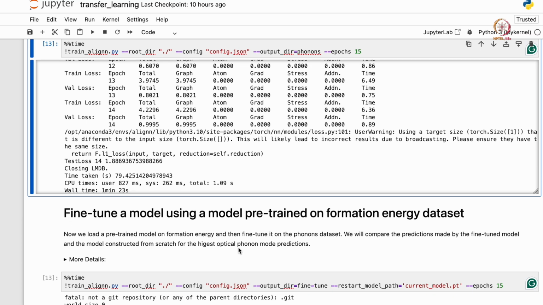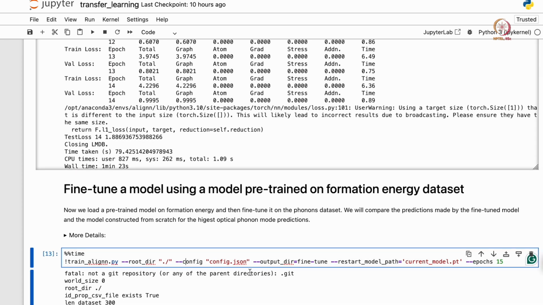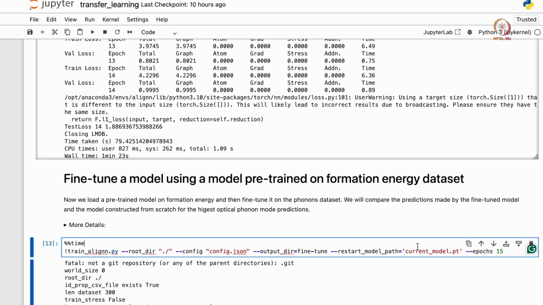Okay, so now what we will try to do is fine tune this pre-trained model on our data set of interest, and try to see if we are seeing any gain in performance of the model. Same as before, we will now train this. We will restart training from this model, which is called the current model.